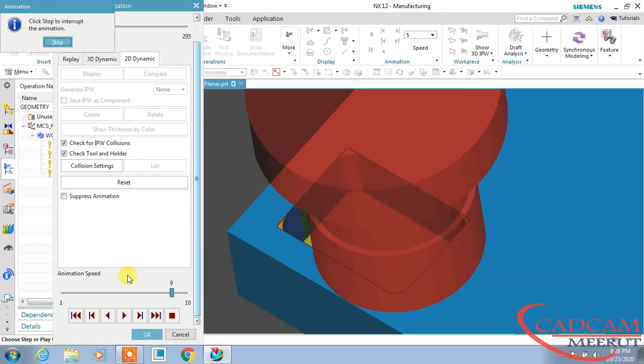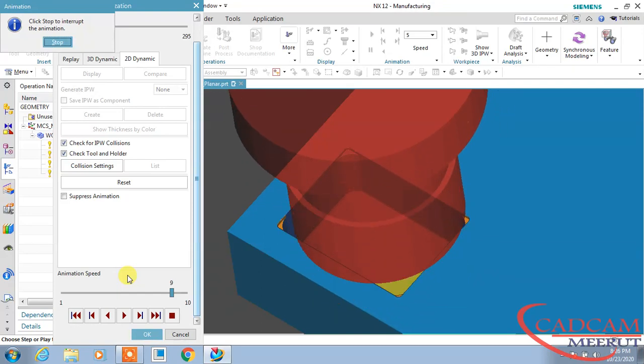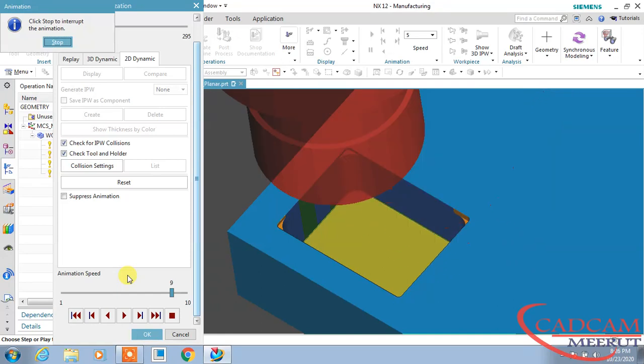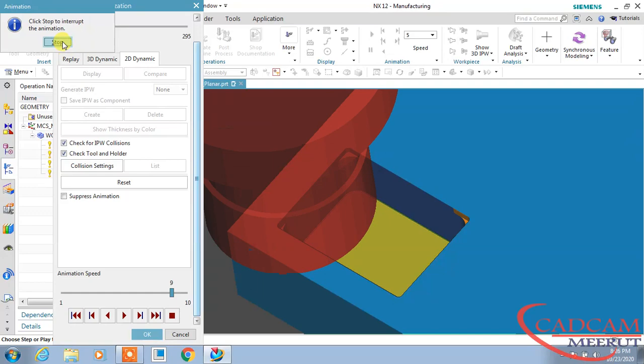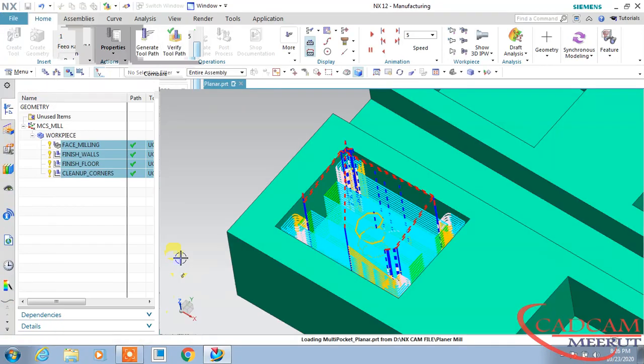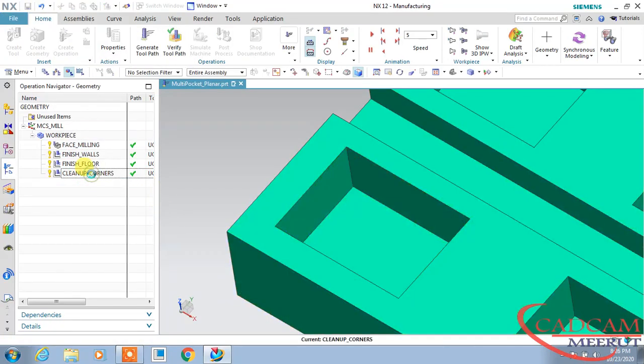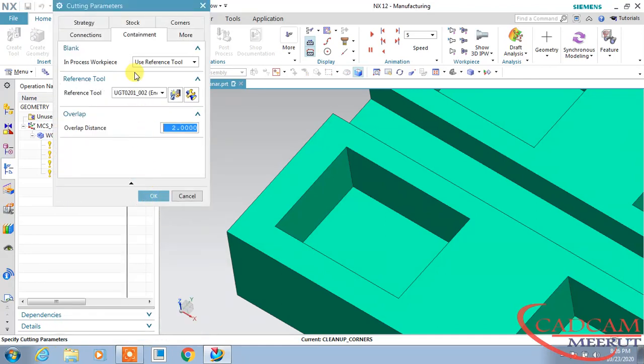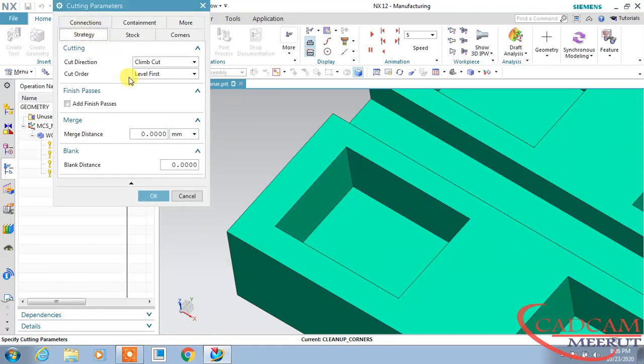And now this is our cleanup corner, and because it is using level based, it is cutting on each level. I will show you this again by changing one option. Go to this cutting parameter, and here in strategy we will change the order to depth first.